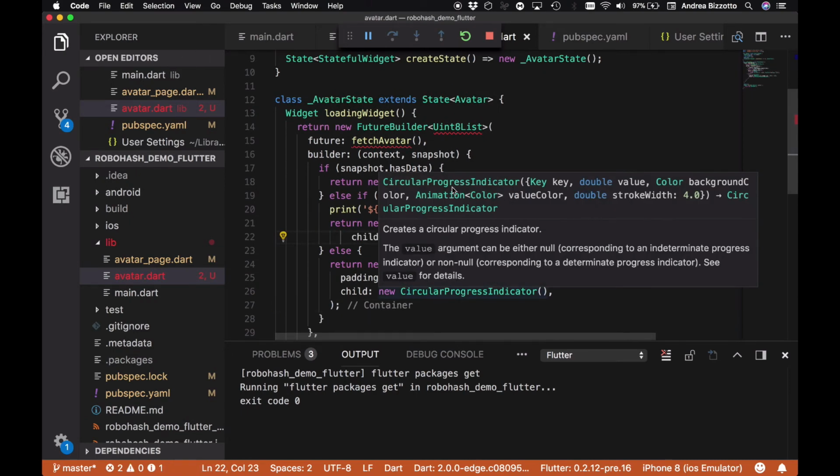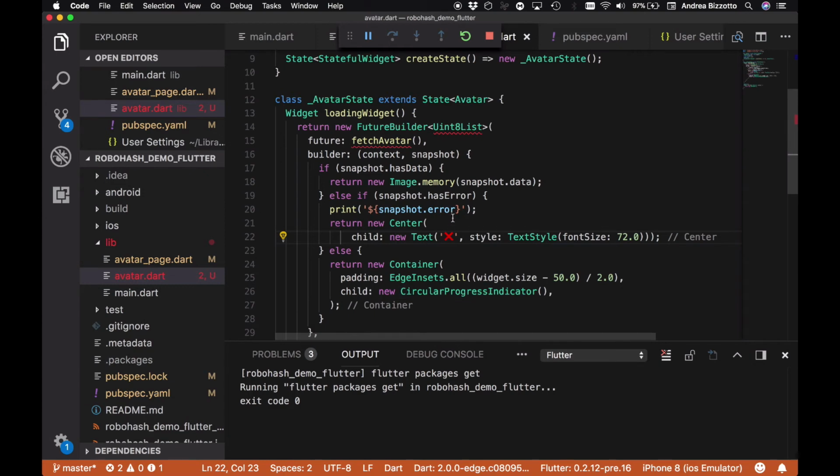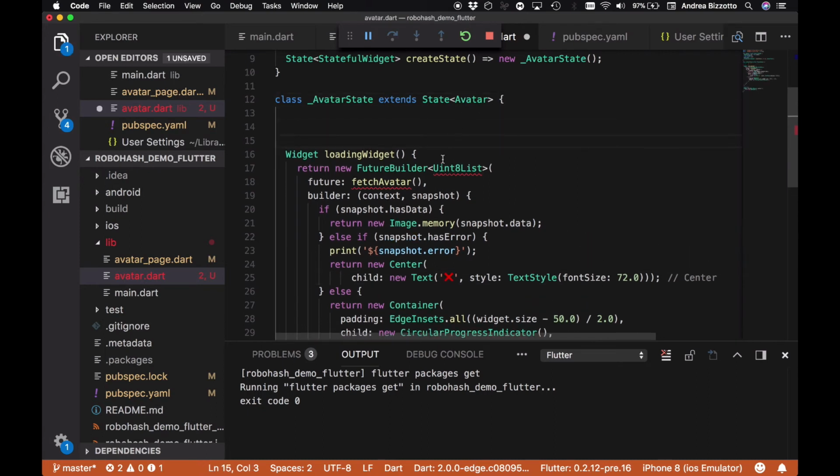Okay, so I'm almost done implementing my FutureBuilder. We can see here that there's a couple of red lines to indicate errors. So I'm just gonna fix these as well. And what we need to do is define a method which is called fetchAvatar. And this is going to be an asynchronous method. So it will return a future of type